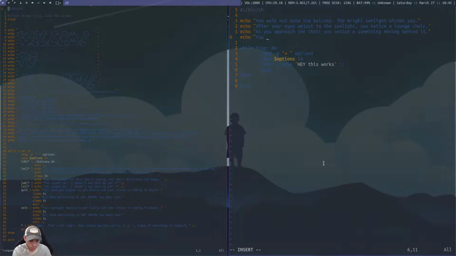You contemplate approaching the chair or slowly walking back inside.